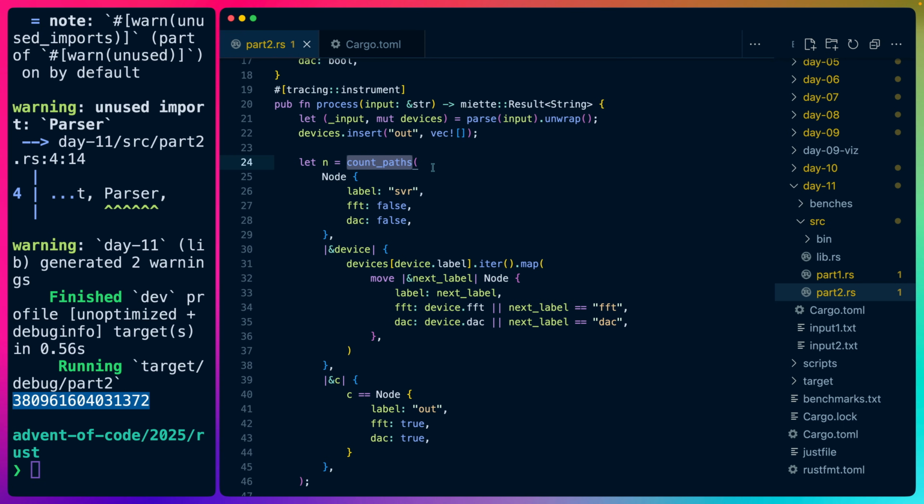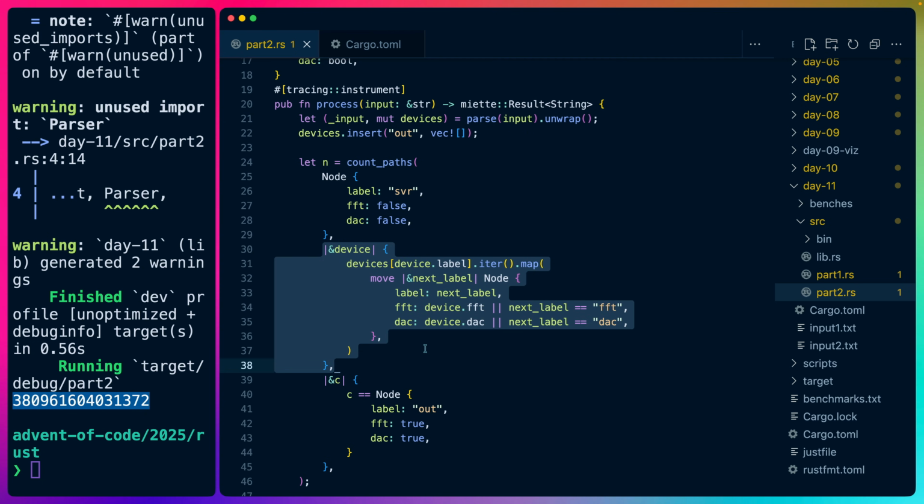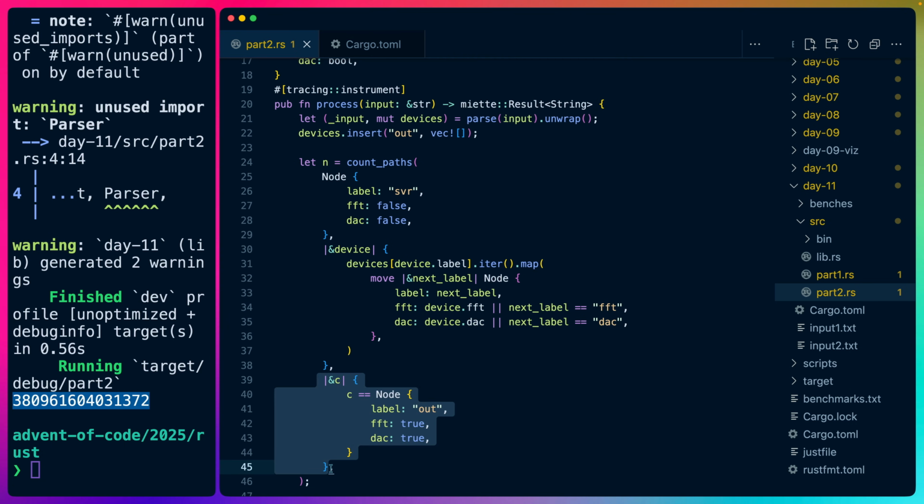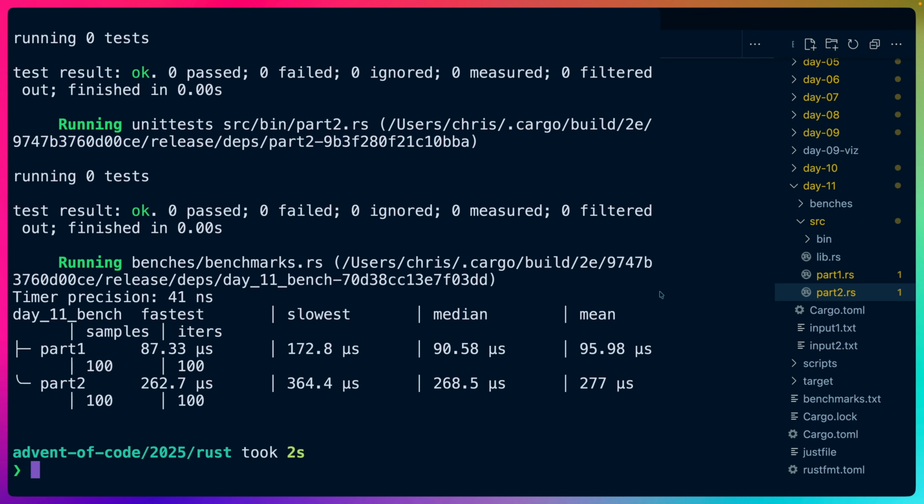So count paths, basically we have a cache, we keep the counts like we did in previous days. We set up our data in a way that we can use. We use a new node definition. We have a definition of what successors is, where we insert this extra data for FFT and DAC, whether we hit those nodes in this path or not. And then we have our goal condition, which checks to see if this is the out label with both of those nodes having been touched. And this expands the size of the graph, but it doesn't really matter. And we run our whole solution in